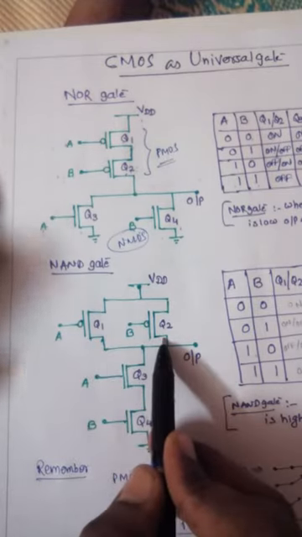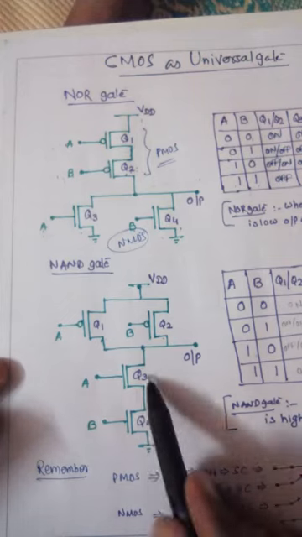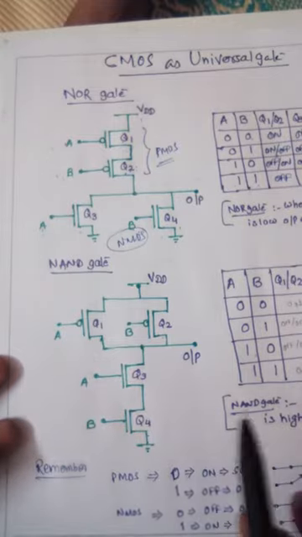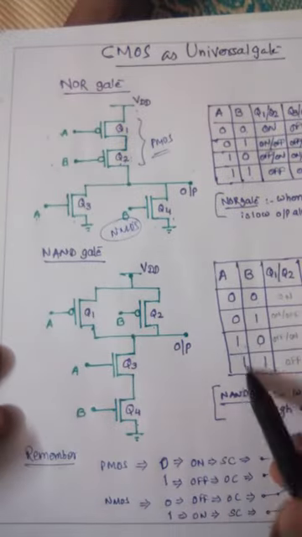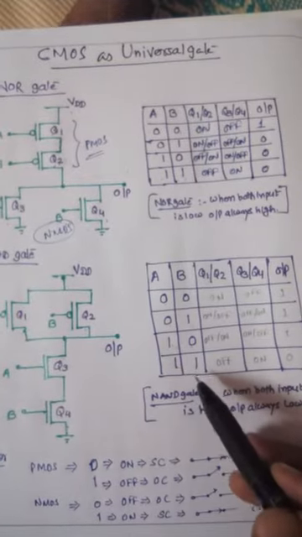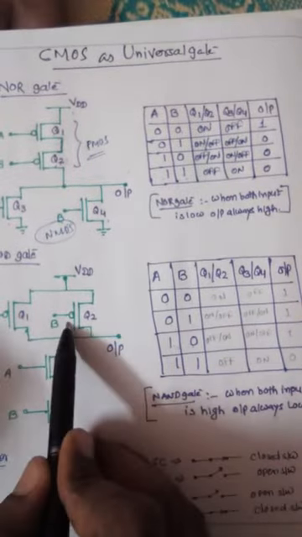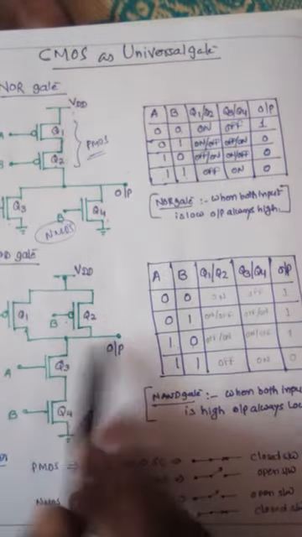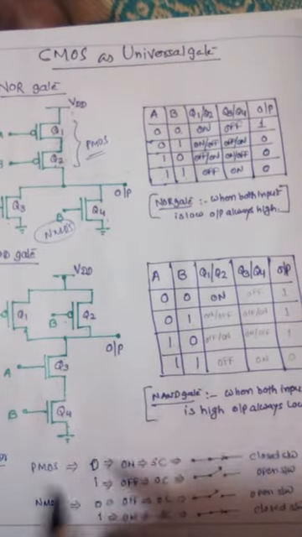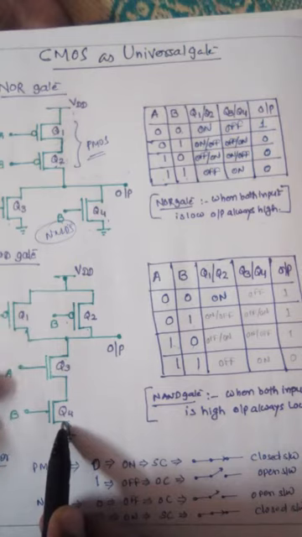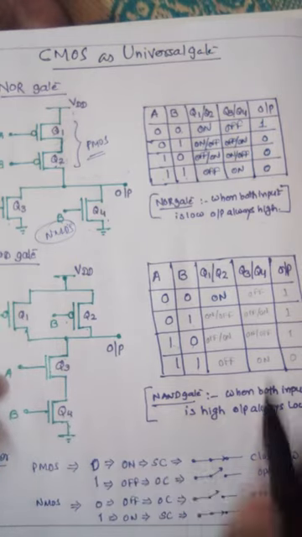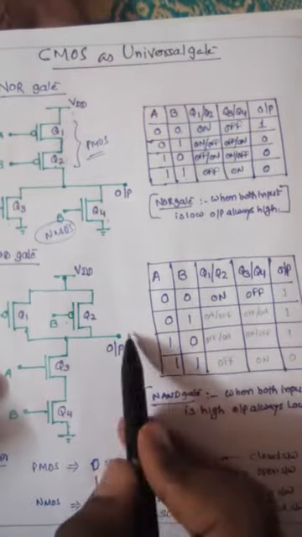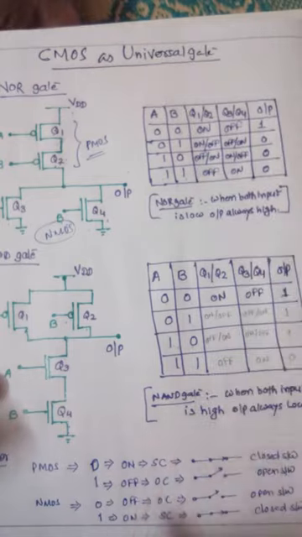Two PMOS are connected in parallel, and on the lower side these two NMOS are connected in series, in such a fashion. Here we check in the same way for the inputs 0 0, 0 1, 1 0 and 1 1. Then what happens when both inputs are 0? In a PMOS, when the input is 0, it will be in on state. Both are on, and at that time Q3 and Q4, the NMOS with low input, are always off. Off condition means open circuit. So output will go this way, it will be 1.